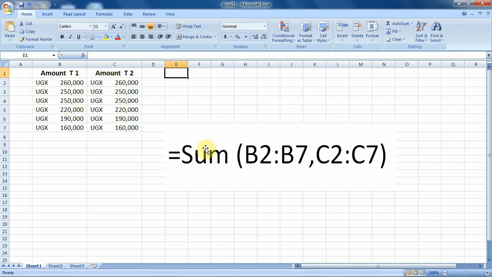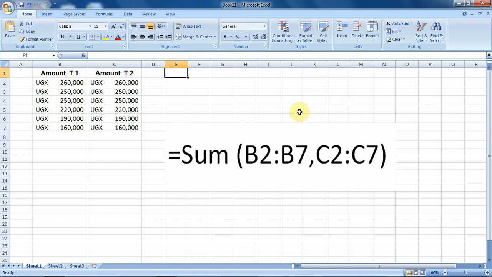After defining, we have to show the values. Where are our values? We show that by using what we call the cell addresses. So that's why we see B2 for this one. So this is B2 up to cell B7. Then to add the second argument, we would put our comma, then we quote from C2 up to C7. That is what we see here. But we should not forget these brackets whenever we are writing our arguments in a function.